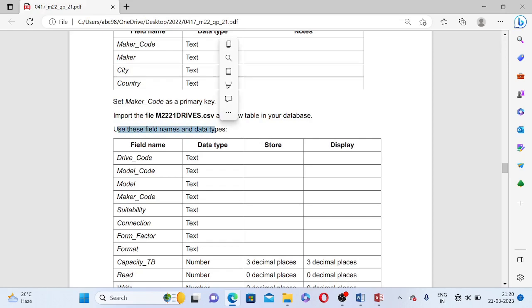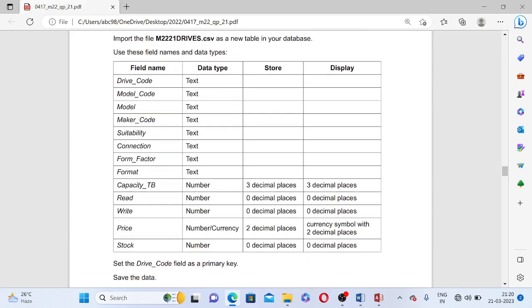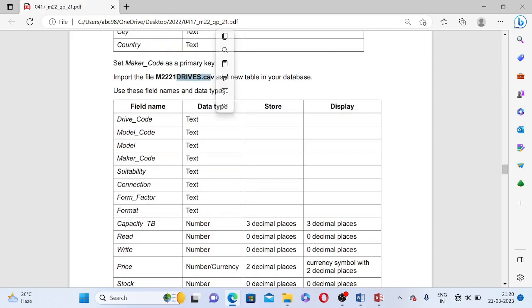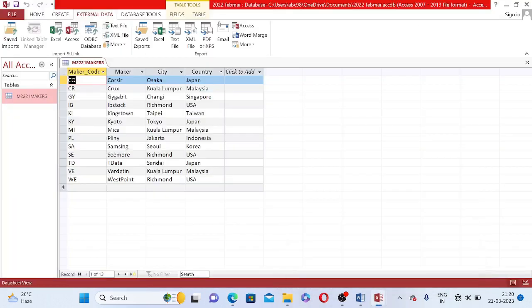Use these field names and data types. So these are all the field names and data types, and here you can see some store and display is given. This should be stored with 3 decimal places, and this should be displayed with 3 decimal places. So first we'll import this drives.csv. Again, some steps for importing. In external data, import and link, click on text file,